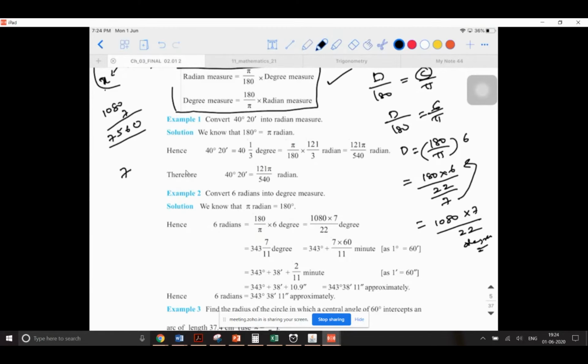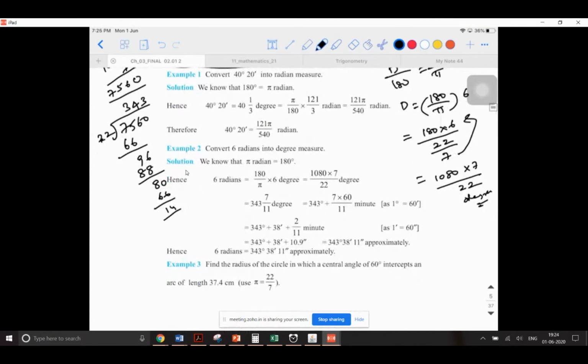So what you do is, this 7560, you need to divide it with the denominator, that is 22. Then can you tell me what are the numbers we can multiply? 22 3 times. So 22 3s is going to be 66. So it is going to be 96. So 22 into how many times is going to be 90? It's 4 times. So 4 8s is 88. So what is the remainder? It is going to be 80. So 22 into again 3 times is going to be 66. That is, what is the value you are left out with? 14. So 7560 divided by 22, how can I write it?